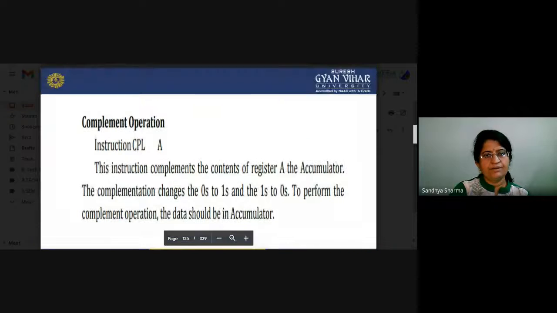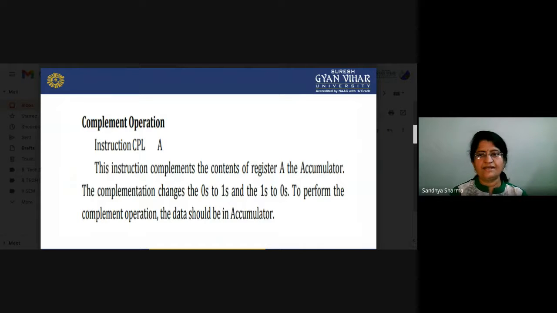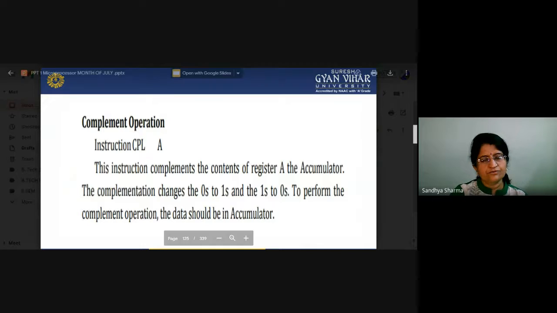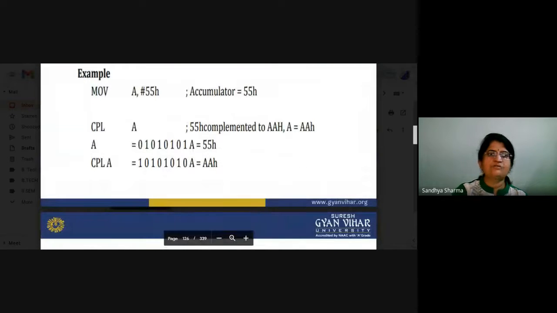And that is a complement operation, instruction CPL A. This instruction complements the content of register A, the accumulator, and complementation changes 0 to 1 and 1 to 0, as we know. So whatever data is in the accumulator will be complemented. So we can also do the complement function. Suppose you give 55H data to the accumulator.